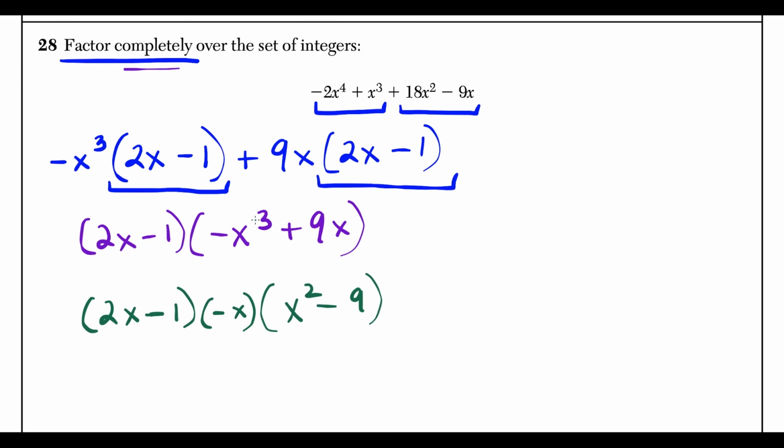So once again, I like to take out, in this case, a minus because I like when my leading term is positive. And now what we have is a difference of 2 squares. And one thing I could do is write the minus x in front because multiplication is commutative. So I have minus x times 2x minus 1. And now this last binomial could factor as a difference of 2 squares, and it'll factor as x plus 3